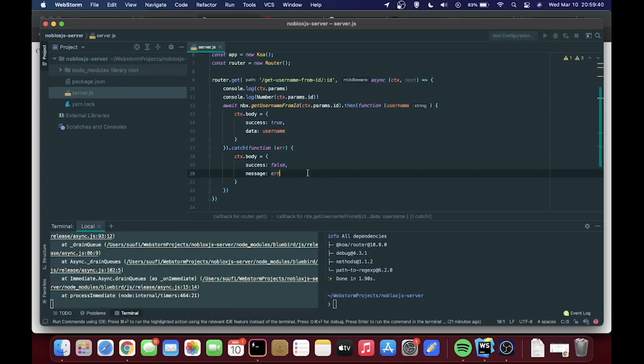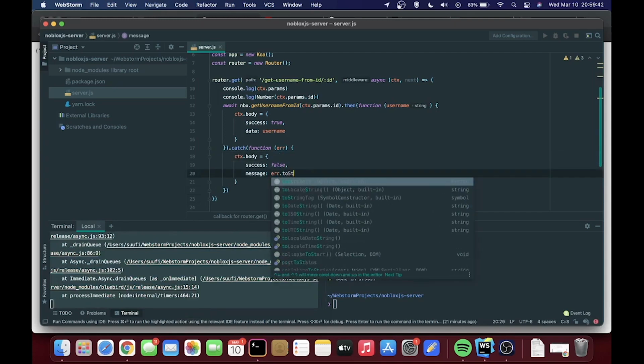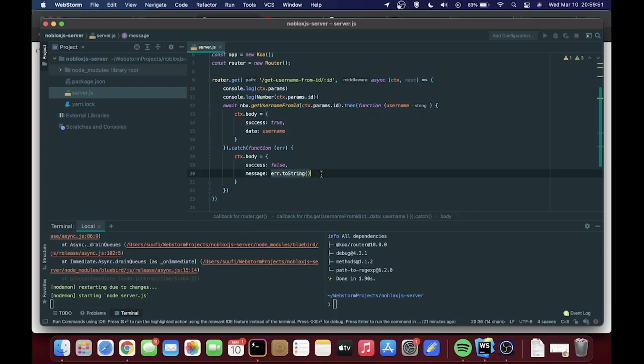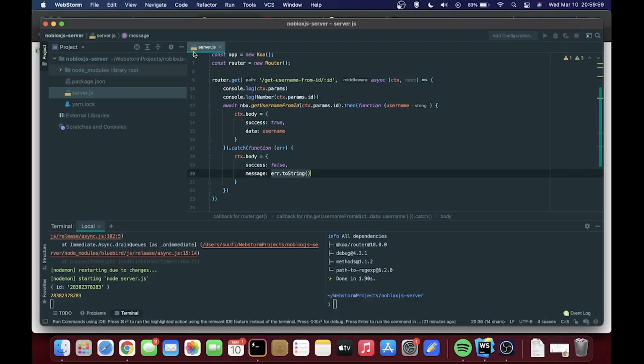I'm going to turn that into string format. So toString. I turn my error into a string so that I can properly pass it to the API. Go ahead and save. If I refresh it, I get error user does not exist, and this is what I wanted. By doing this, well, one small caveat again.